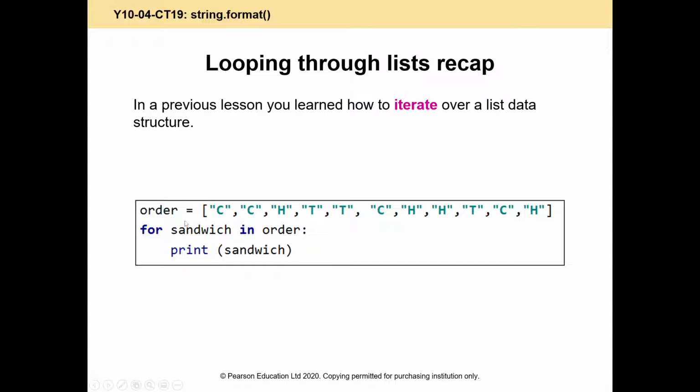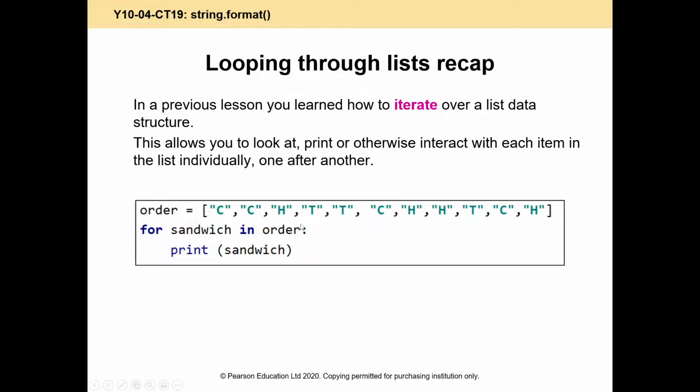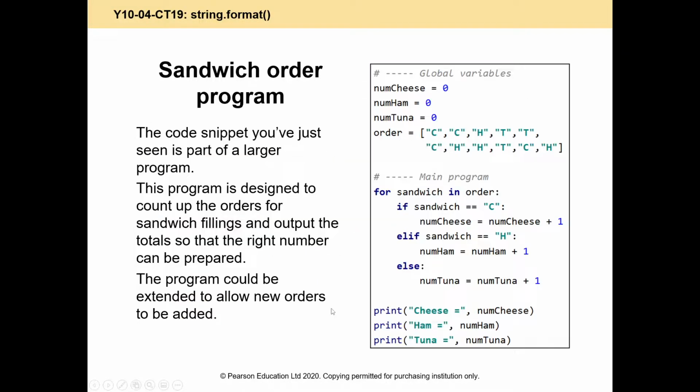So we've already learned about lists. We've got a list here, and we're using a for loop to iterate through each item in it. So this looks like a list of sandwiches: cheese, ham, tomato. We're iterating through each of them to display them, and we'll display them one at a time. Well, what happens